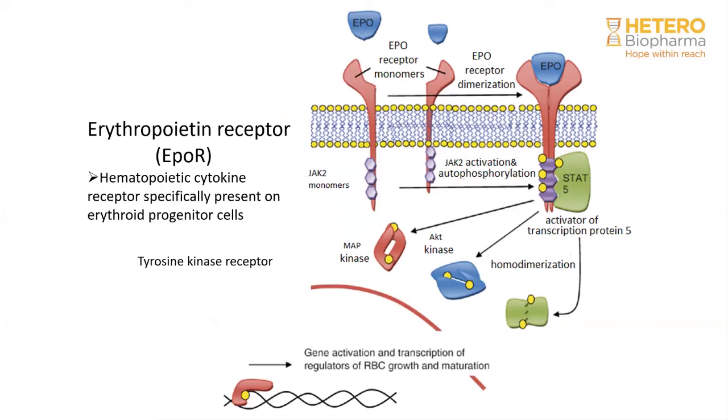We all know that in patients with polycythemia, we look for JAK2 and STAT mutations. That's mainly because it's the pathway of phosphorylation of JAK2 and the STAT pathway. STAT stands for signal transducer and activator of transcription, and they again undergo homodimerization. When they dimerize, they go into the nucleus and help in the activation of the gene. So it's basically a transcription factor, wherein it attaches to the gene and helps in its activation. And mainly, this is how it helps in the progression.